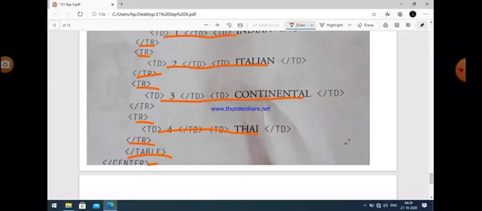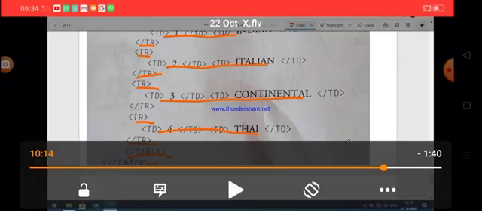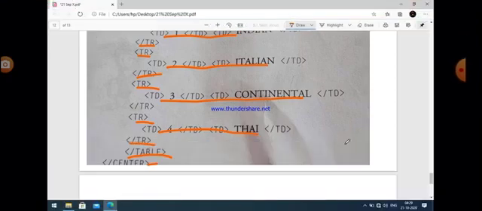Okay, so three important things are here. First of all, there is a heading of the table. The heading of the table is given within the caption tag. Second, the table is center aligned, that's why we use the center tag. And third important thing is that when you declare a table, then the table tag is used, and data is always inserted in the form of rows.